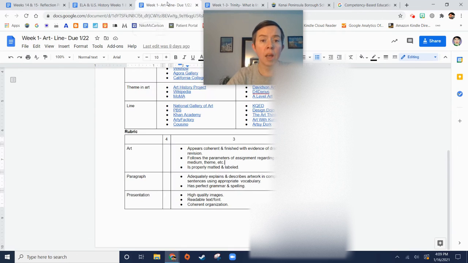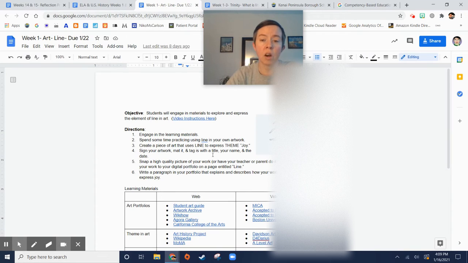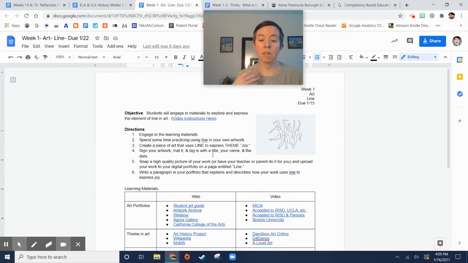And in the art class that I'm teaching, the standard is that the students are going to be exploring different parts of the elements of art, and also practicing and showing growth, and they are going to be able to articulate how their work is showing that they understand these different elements of art. So I'm asking the students to produce a digital portfolio where they're keeping track of the different art that they're exploring.